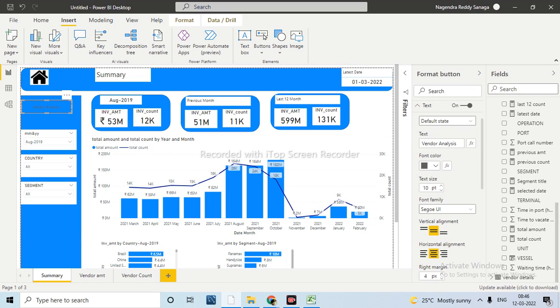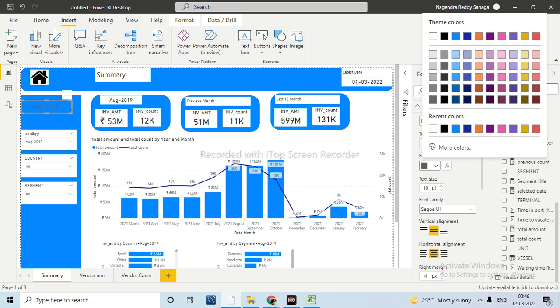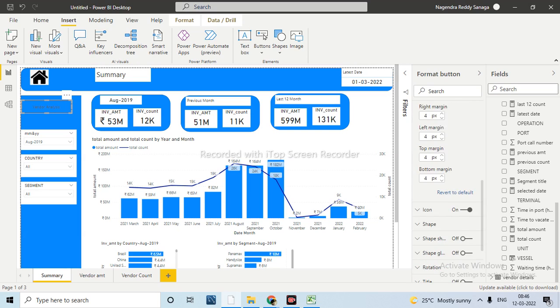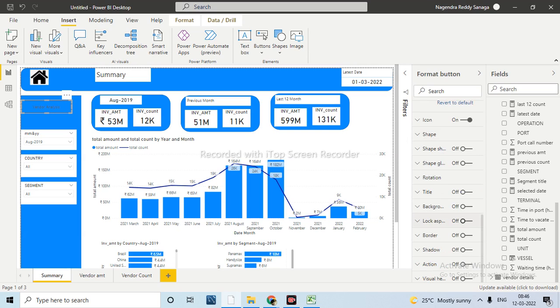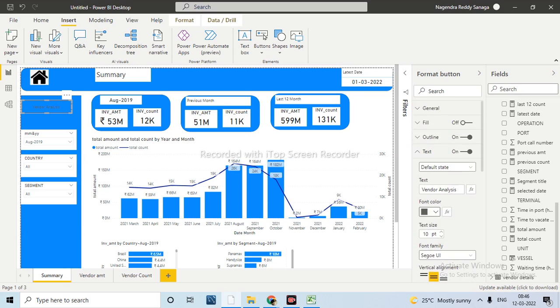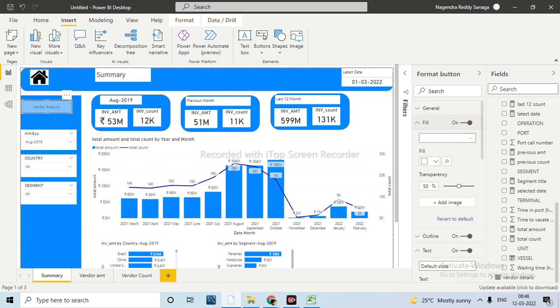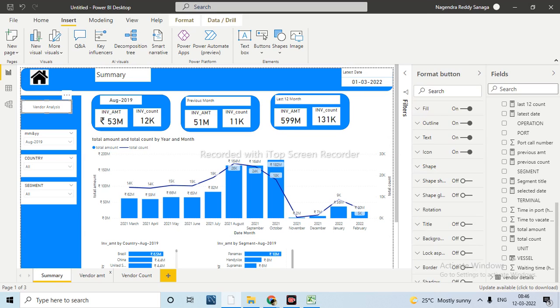Just let me change the font color or the background color so that it will be clear. Now when I click on this button, it should go to vendor amount by default.